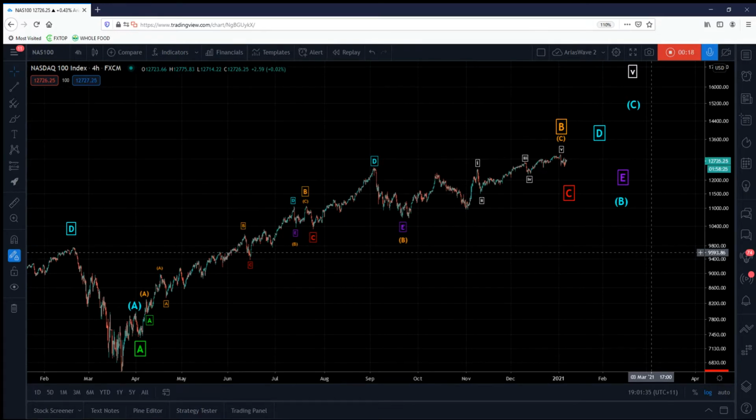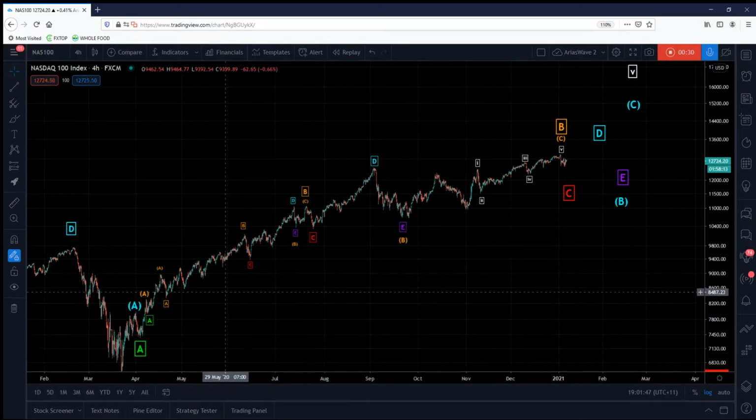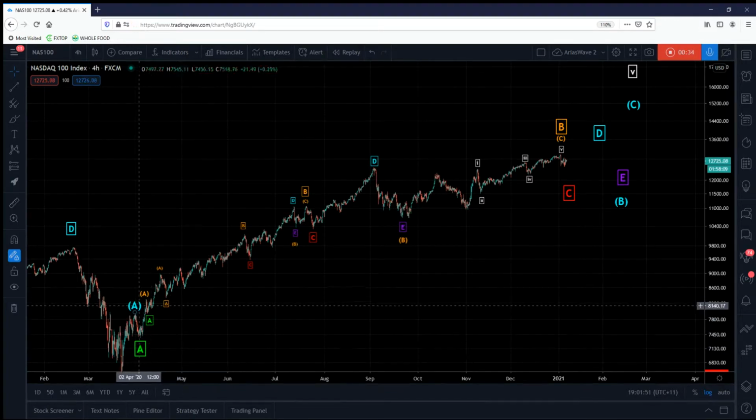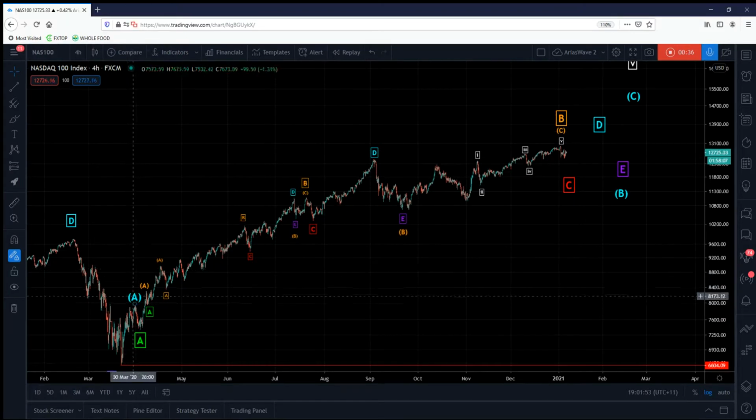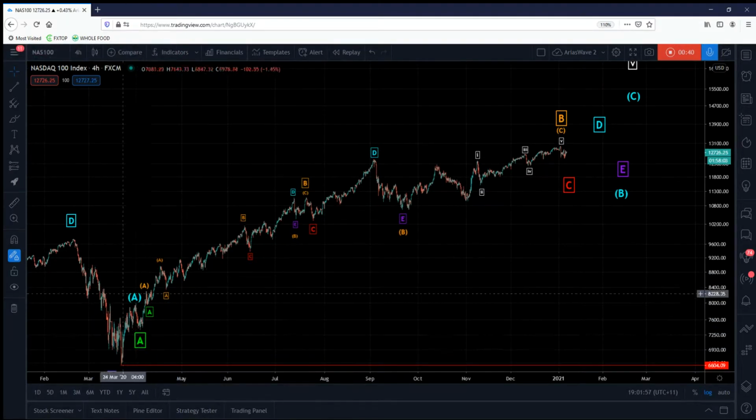So by now you're probably thinking, what in the world is going on here? And I don't blame you. Labeling this chart was not easy. Okay, so first of all, I've tried to make things a bit easier to understand. So after we had our first initial wave A in brackets, blue brackets, we had A, but then we had